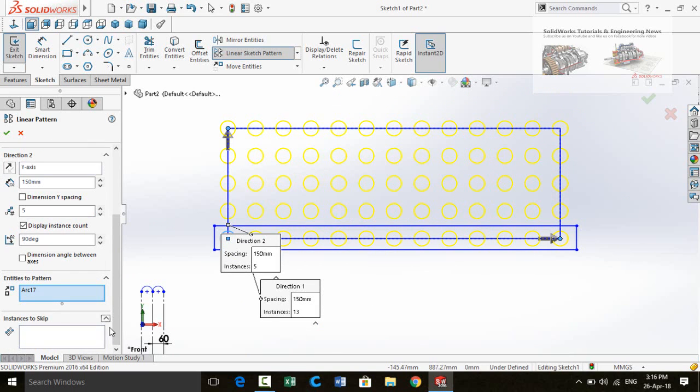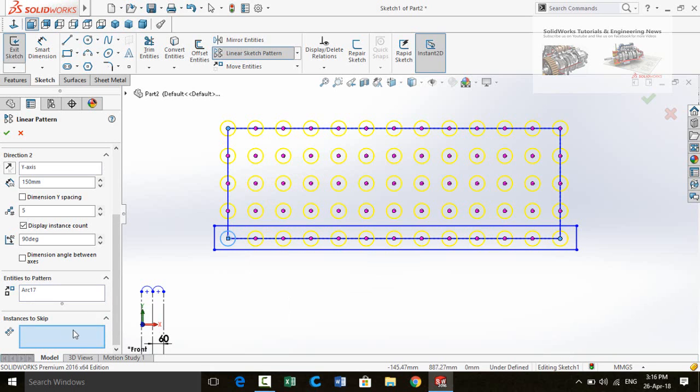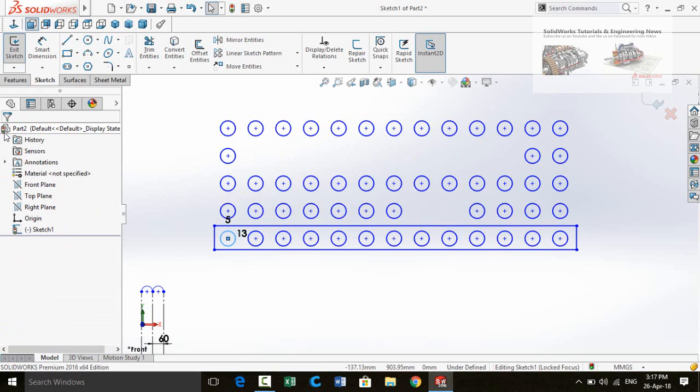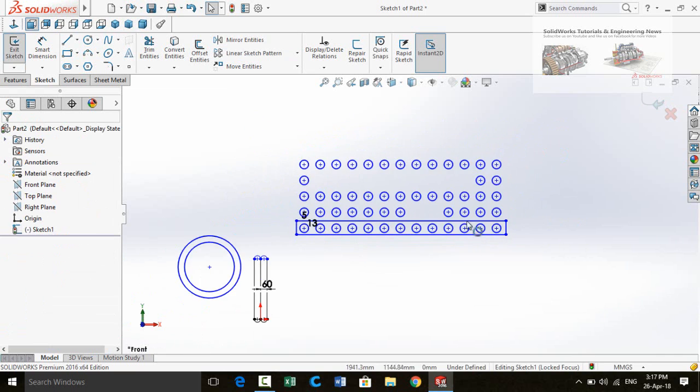If you expand this option and click on this box, then select the instances to skip. Now you can press OK button to apply this command. So this is how linear pattern works.